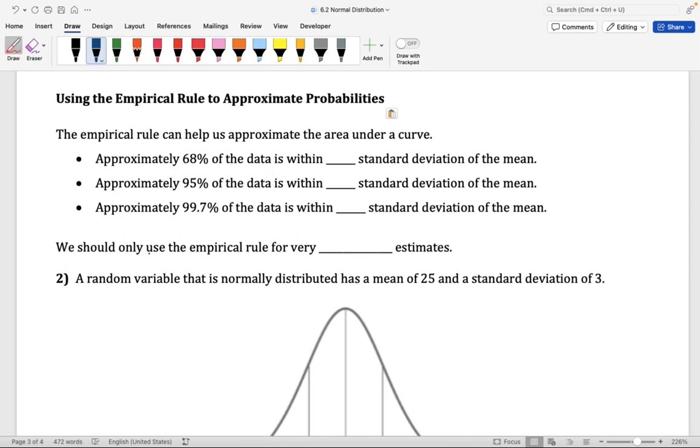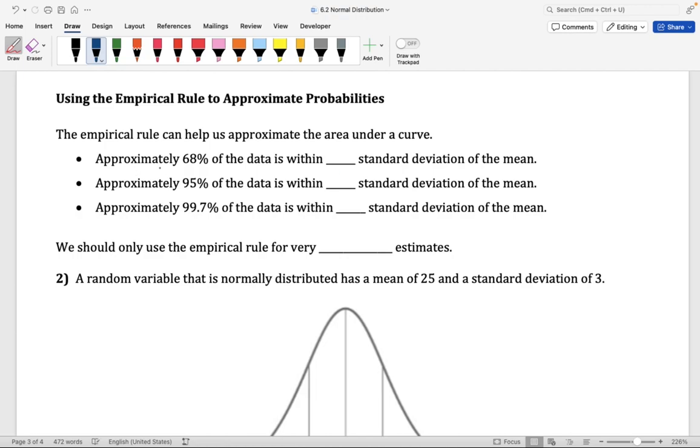Let's go ahead and talk about how to approximate probabilities using the empirical rule. This is going to help us get a rough estimate of the probabilities. The empirical rule can be used to help us approximate the area under a curve, and the empirical rule states